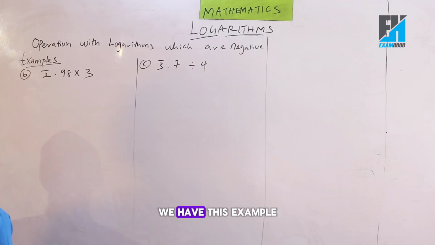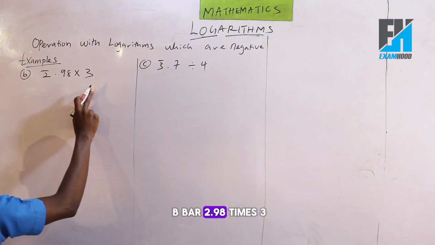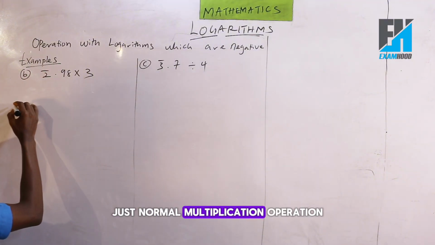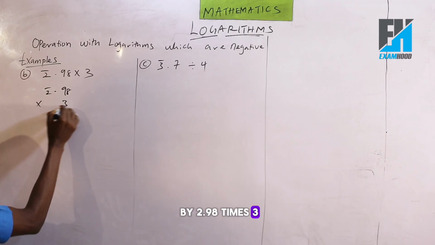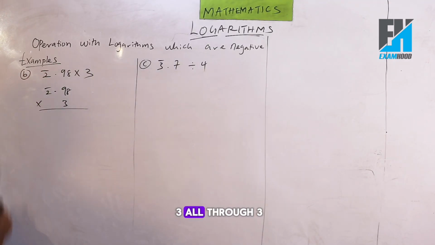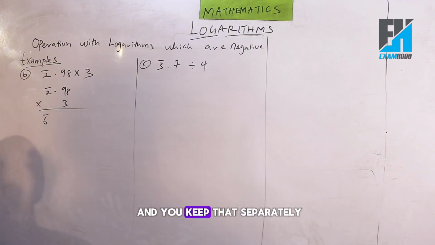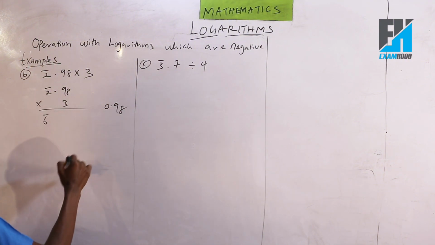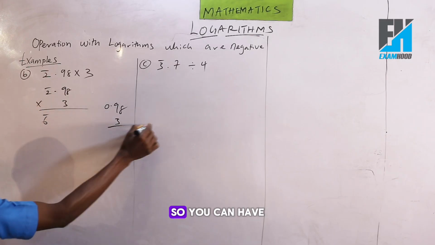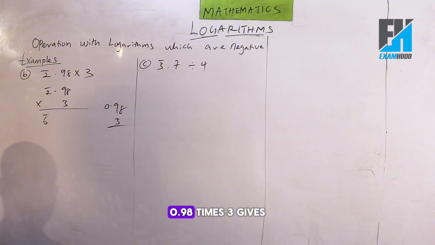We have this example: B, 2.98 times 3, just a normal multiplication operation. So you multiply 3 all through. 3 times bar 2 gives you bar 6, and you keep that separately. Then you have 0.98, so we are multiplying 3 to that. So you have 0.98 times 3 gives you